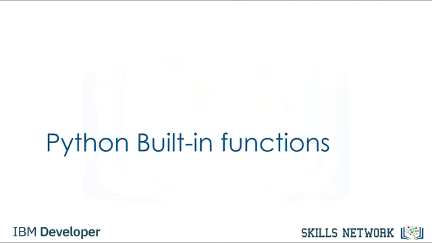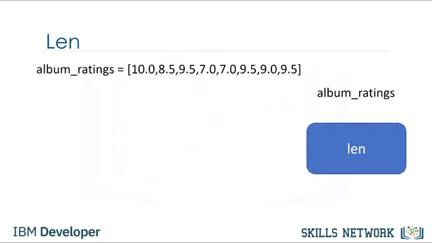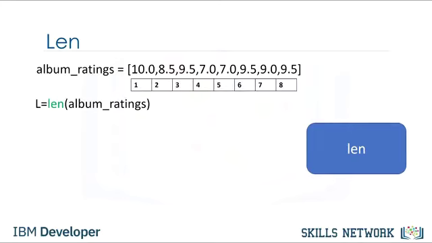Python has many built-in functions. You don't have to know how those functions work internally, but simply what task those functions perform. The function len takes in an input of type sequence, such as a string or list, or type collection, such as a dictionary or set, and returns the length of that sequence or collection. Consider the following list. The len function takes this list as an argument, and we assign the result to the variable L. The function determines there are 8 items in the list, then returns the length of the list,